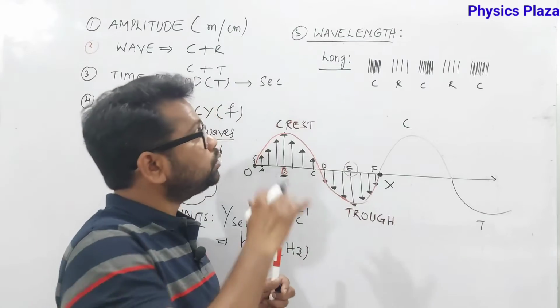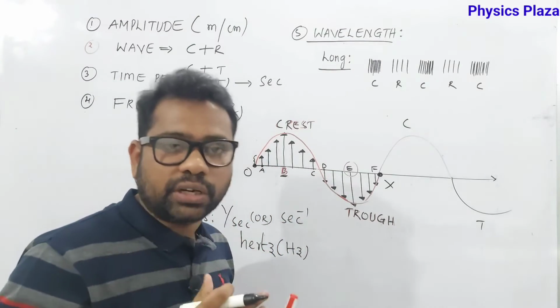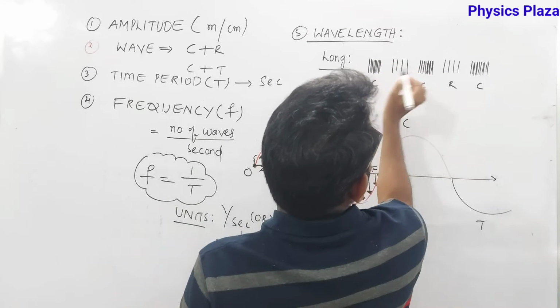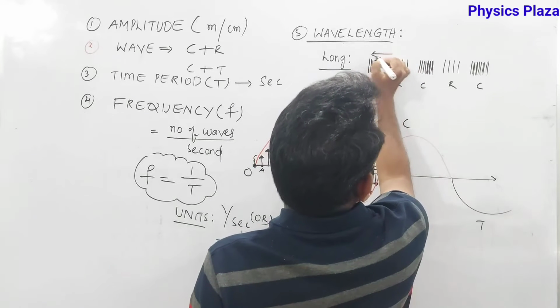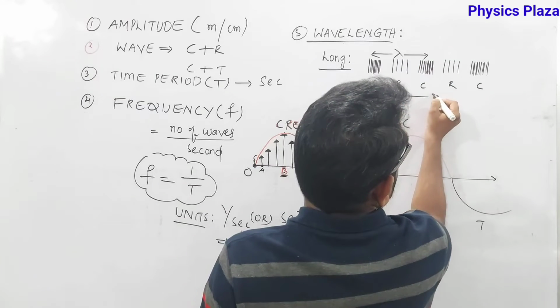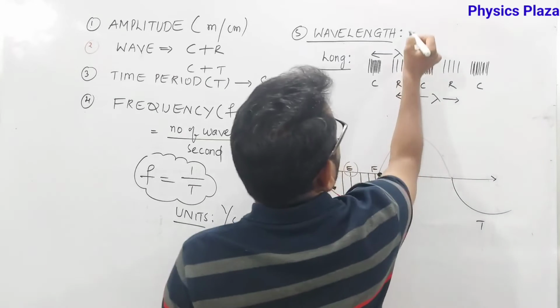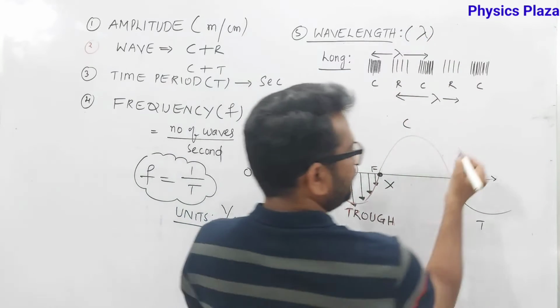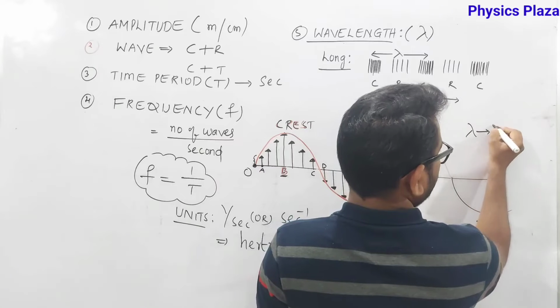So here, how to define wavelength in terms of a longitudinal wave, children? Very important. So here, what we can say is the consecutive distance between either two compressions or two rarefactions is called wavelength. Children, wavelength is represented by a letter called lambda. This is the Greek letter lambda. How to spell it?